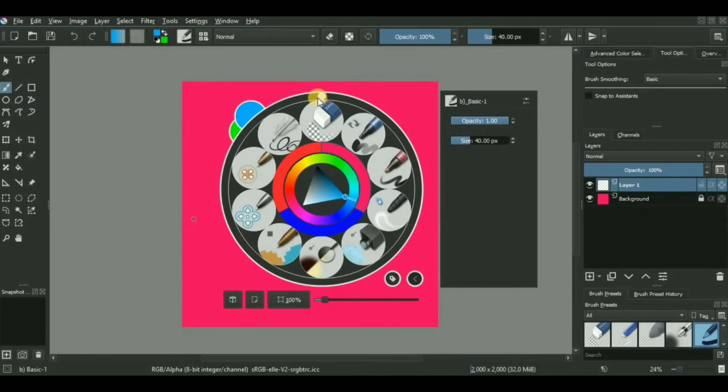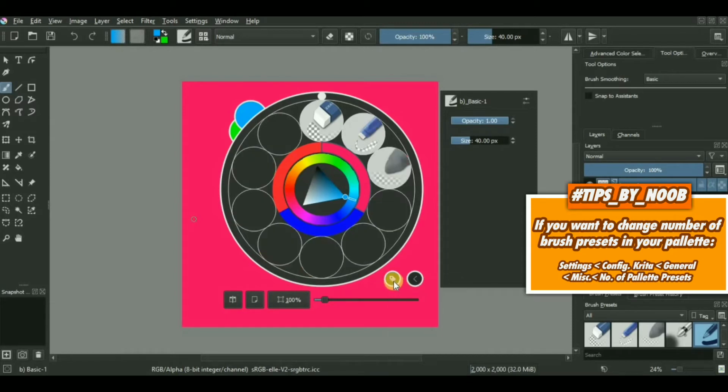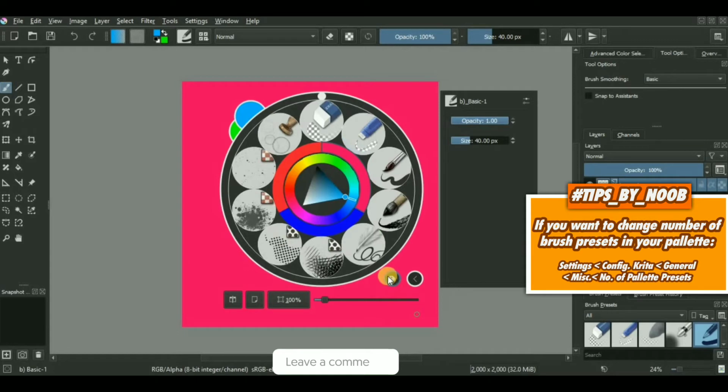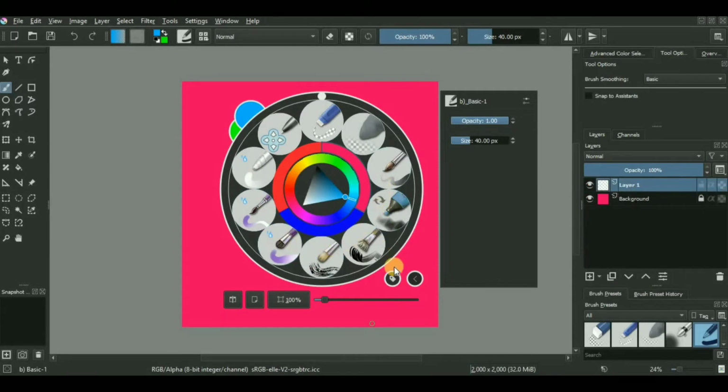Now if you dig further inside this circular palette, there are 10 brushes of specific tags presented to you over here. Currently the selected tag is digital brushes. You can set it over here to eraser. If you want to toggle it from eraser to something else, you can do it. You can add the FX brushes or effect brushes, and so on and so forth.